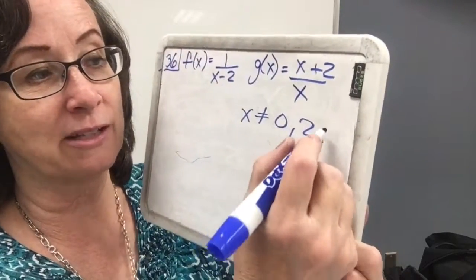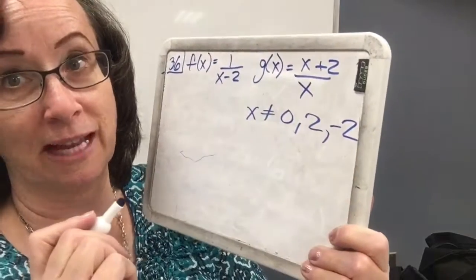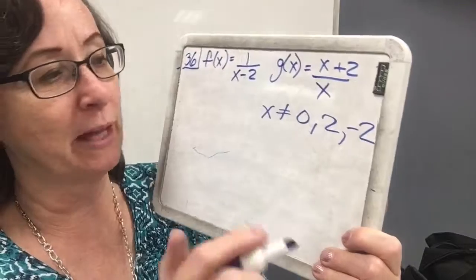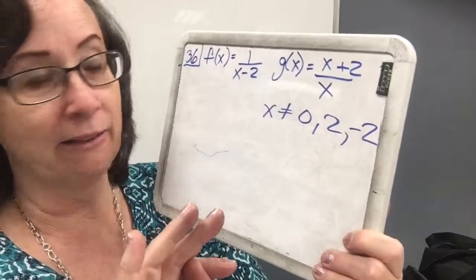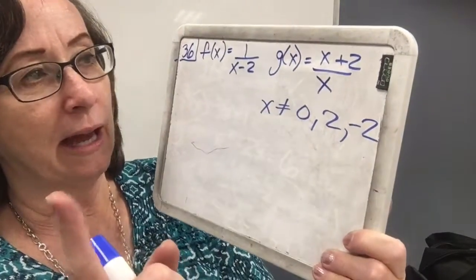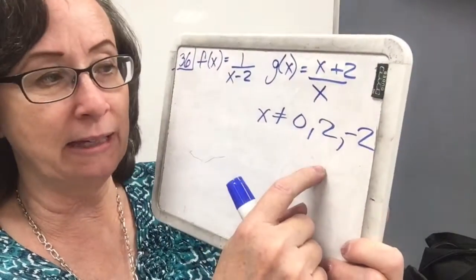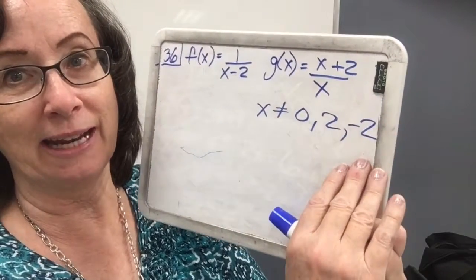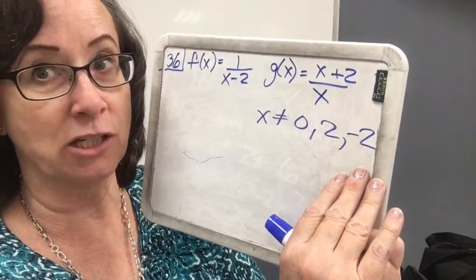I'd have x could not be -2 as well. So we have to be very, very careful about when we have something that flips down to the denominator. So add, subtract, multiply, divide. I would have those for add, subtract, multiply,